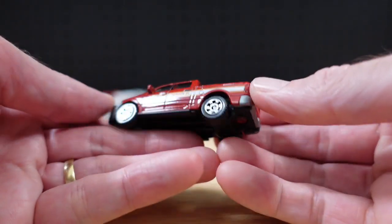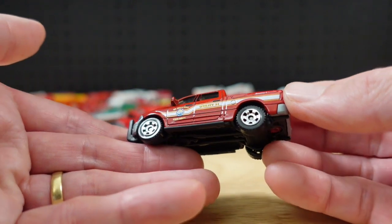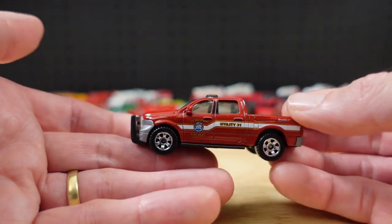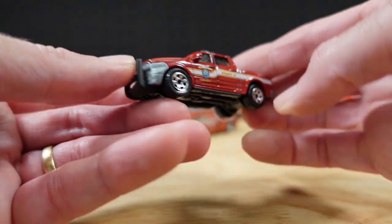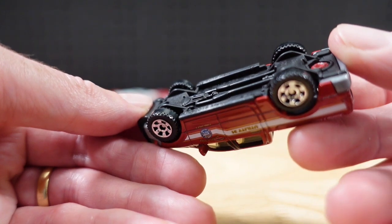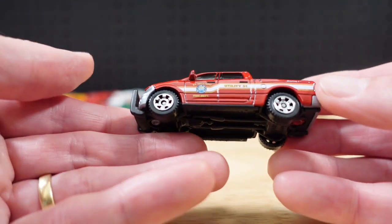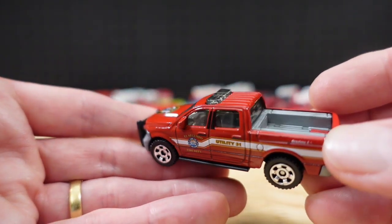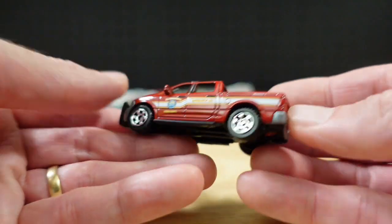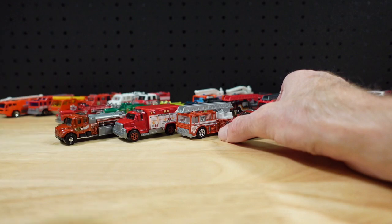And this fella, this is another repeat from a 9-pack exclusive. This first came out. Now it's in this 5-pack. The Dodge Ram. 2015 Ram, in fact. It's lovely. So they've kept a good thing with that one. But